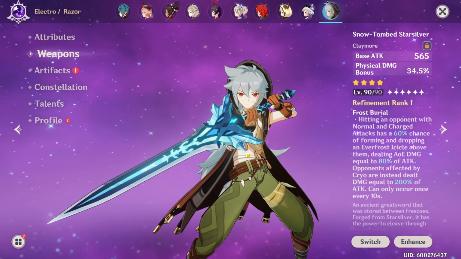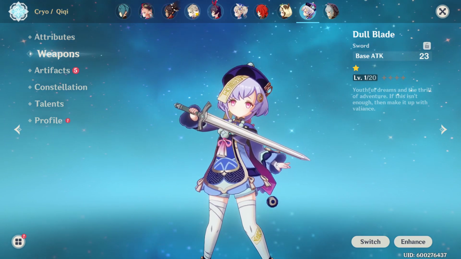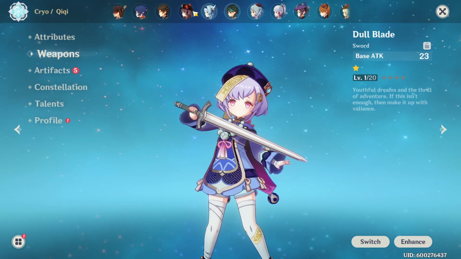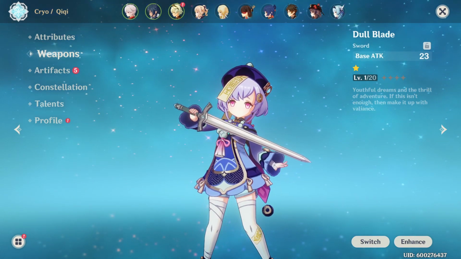Razor, and maybe even Chi-Chi? Is physical Chi-Chi a thing? Someone let me know. Anyone out there who is a Chi-Chi main ever run Chi-Chi as a physical DPS? It could work. But anyway, yes, the Raiden Shogun is going to provide very easy Superconduct procs because her E